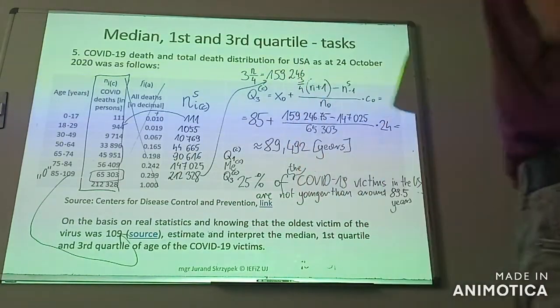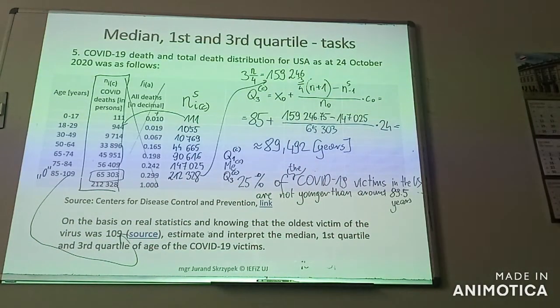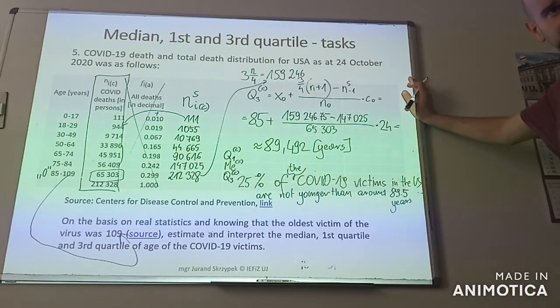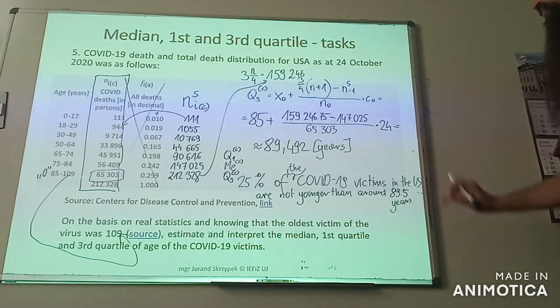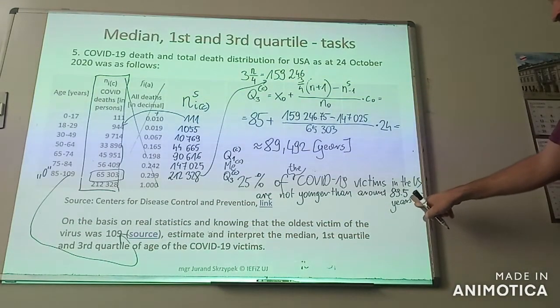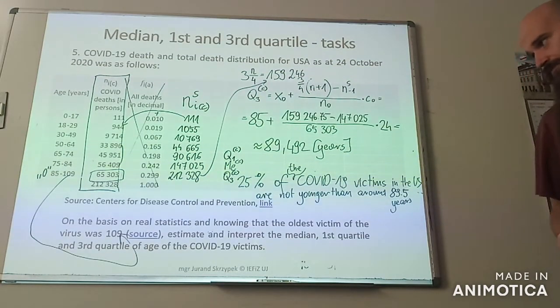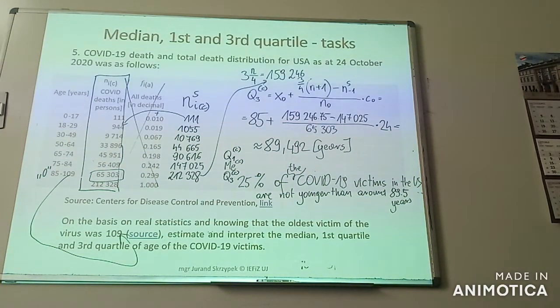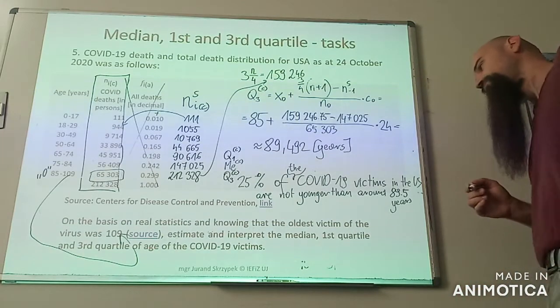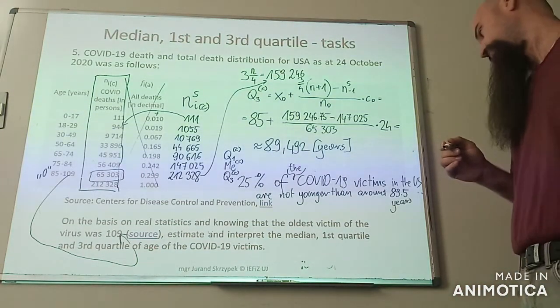So the group of the 25% of the oldest COVID-19 victims are characterized by the age not younger than 89.5 years. Yeah, 25% of the oldest COVID-19 victims in the US